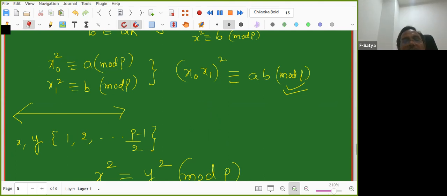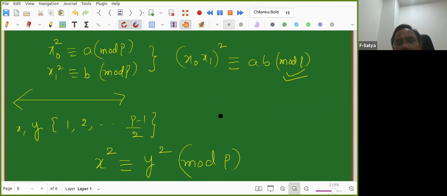The question is that I'll give some x to you. And this is also difficult. When p is very, very large, then all these numbers are also large, and checking is a problem. So the actual problem is that you give a and I give some prime p. The question asked is: is a a quadratic residue modulo p or not? That means by definition, does x square congruent to a mod p have a solution or not? But is there any intelligent way to do that? That we will see now.